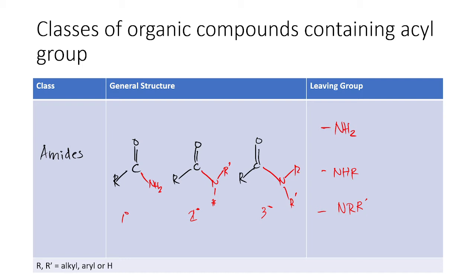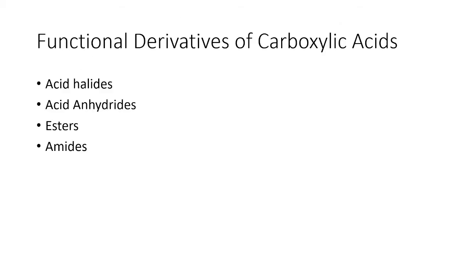So as you can see here, acid halides, acid anhydrides, esters and amides are generally referred to as functional derivatives of carboxylic acids. So since they can be obtained from and converted back to carboxylic acid. Ang ibig lang sabihin nito, kung meron kang carboxylic acid, using some reactions, pwede mo siyang convert into acid halides. Meron kang carboxylic acid, pwede mo siyang ma-convert into acid anhydrides, and carboxylic acid, pwede mo siyang ma-convert into ester